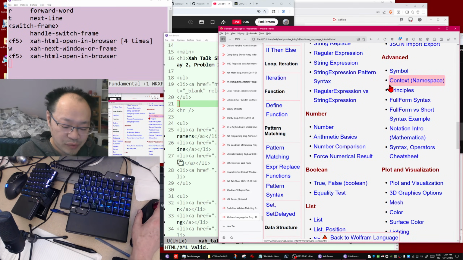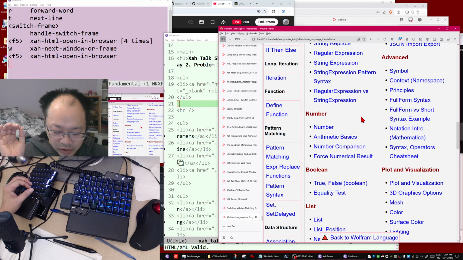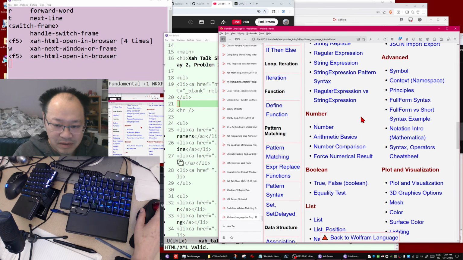Okay, so Wolfram Language is very advanced. In fact, I would say it's a magnitude higher level than Python or Haskell or Lisp. So one line of Wolfram Language would be equivalent to 10 or 1,000 lines of Python, literally, because Wolfram Language